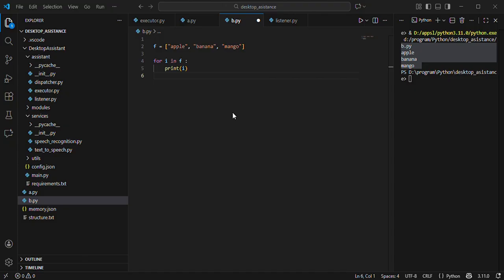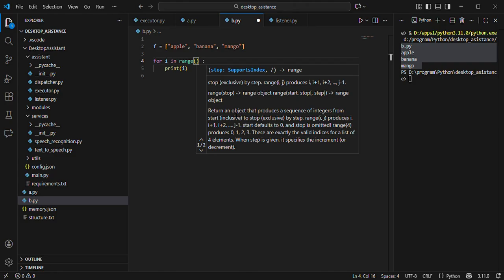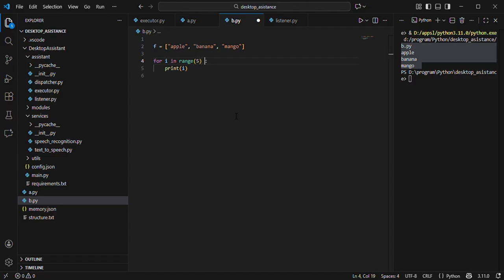the range function. This is a range function to print out, like when I is changed to apple, to banana, to mango. So is it possible to print 1 2 3 4 5 6? Yes, it is possible. Just write here for I in a range, I in a range. You can type range, okay. The range is 5, the range is 5 means